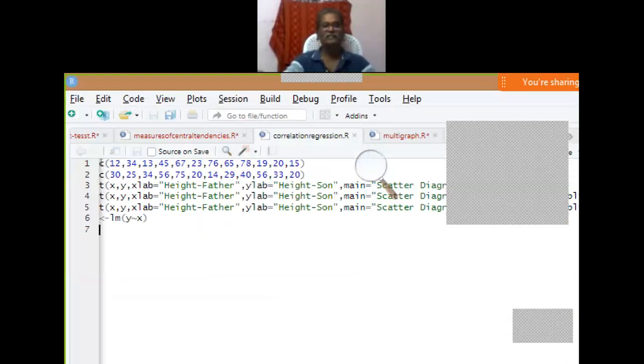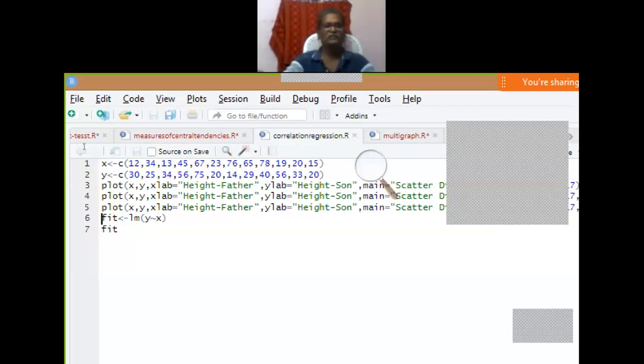And for the same data set, I have to fit the regression. How can it be fit? Just write the command fit equals lm of y minus x. What is y? It's the dependent variable. X is the independent variable. Y equal to x, I'm fitting the line, straight line fitting. If I run these 2 commands,